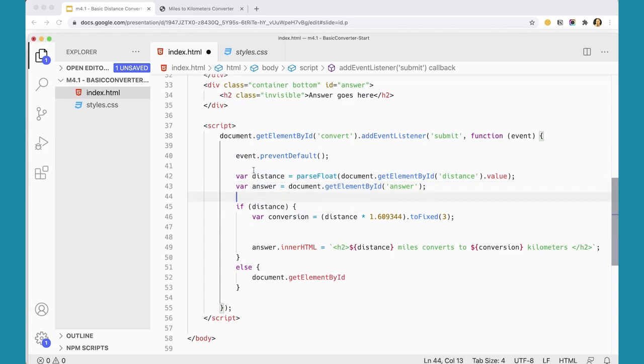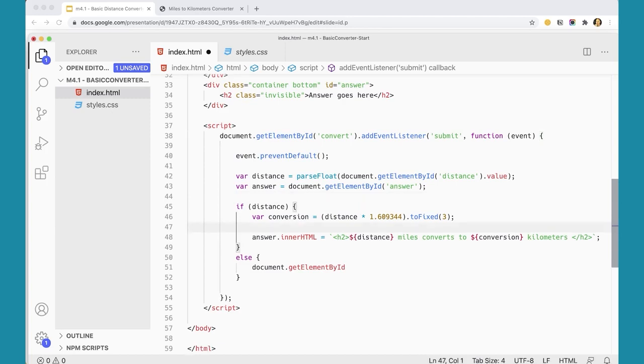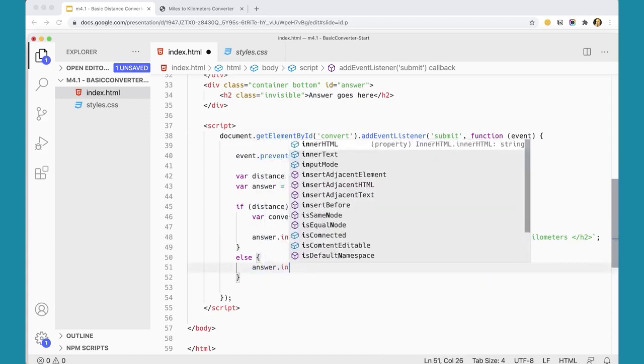It could even go after the prevent default. It could go anywhere really, but I'm going to just put it there. And then I can use the exact same variable down here. Answer dot inner HTML